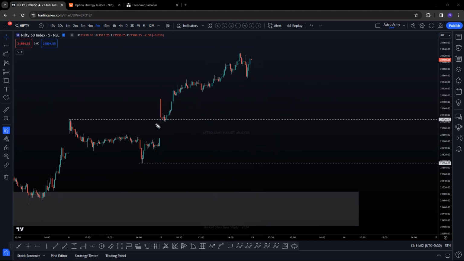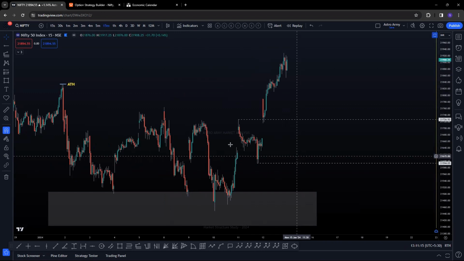Okay. There's a gap here. We call this a volume gap. This has to be retested or filled again. That is only and only if this is an ABC structure. Now, how do you identify if it's ABC, if suddenly the market is going to fall, or we are going for a 3.5, 3.4, then 3.5 like this?